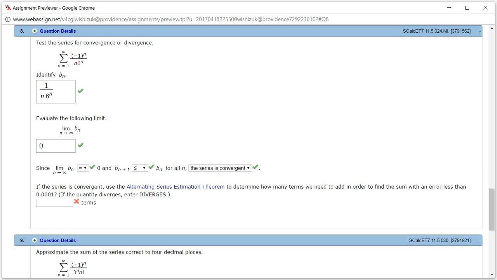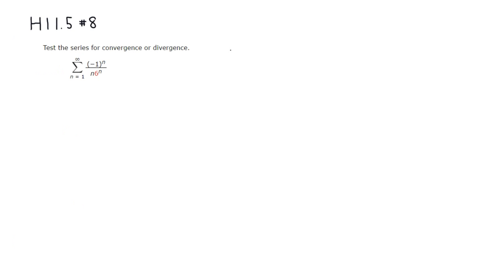Remember that the error for an alternating series, using only the first n elements, so a partial sum as the estimate, is going to be bounded by